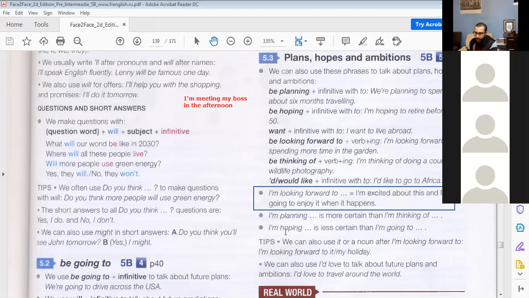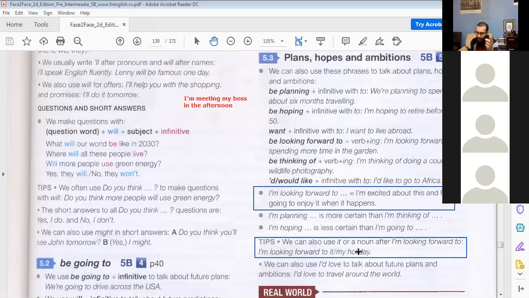It says if you want to use I'm looking forward، احنا اتفقنا أنها كانت verb plus ing فقط، right? But you can also use، بالإضافة ل verb plus ing، you can use a noun. So you can say I'm looking forward to my holiday. تقدر تقولي I'm looking forward to taking my holiday، ماشي الحال، but you can say I'm looking forward to my holiday. You can use a noun, you can use a pronoun: I'm looking forward to it, or you can use verb plus ing: I'm looking forward to going on holiday, I'm looking forward to traveling to Italy. Do you get the idea? So looking forward عندكم فيها